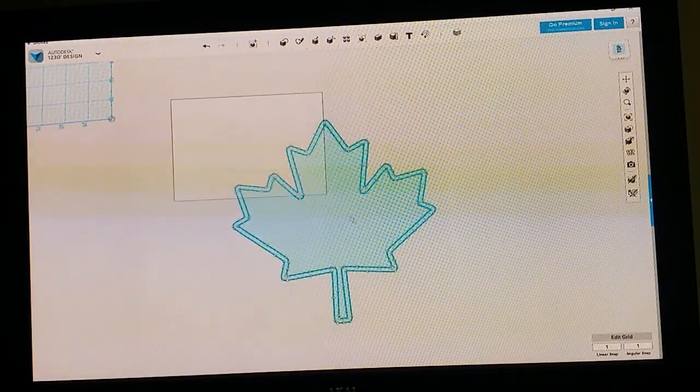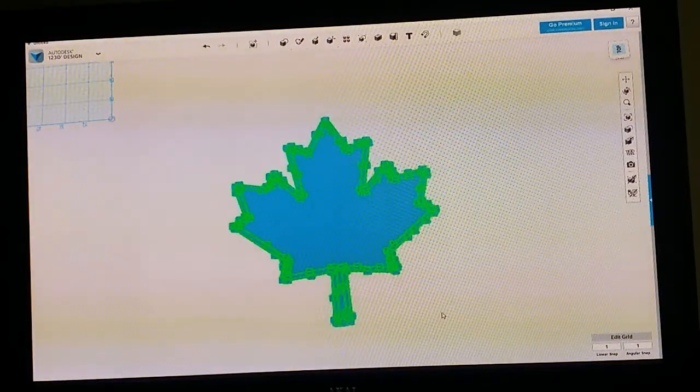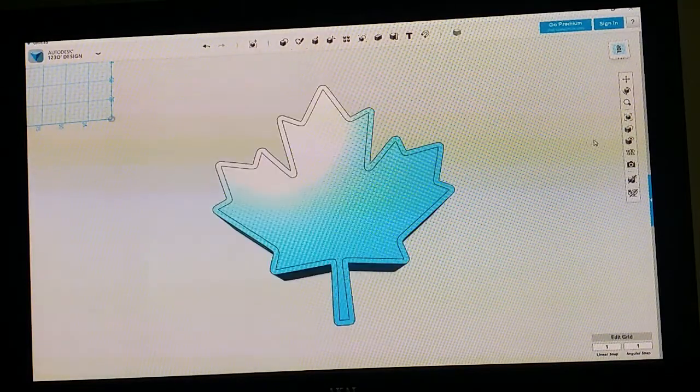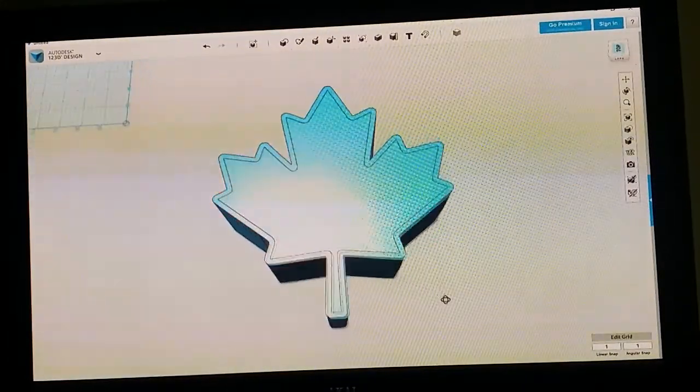And you want to drag your cursor over it, select it all, and hit the delete button. Gone. Now we can go ahead and bring back our solid meshes. Click back on that eye and go to Show Solids Meshes. So we have our solid now. That is our object, which is the maple leaf that we imported,